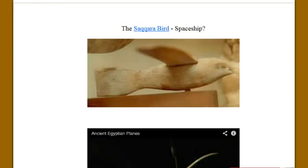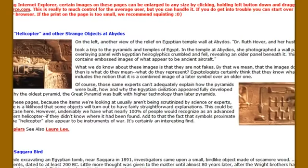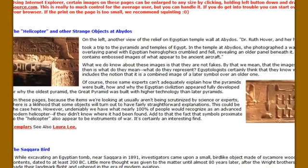Now we're going to look at this article right here. And this goes into more detail about Dr. Ruth Hover and her husband, who discovered this series of hieroglyphics. And they took pictures of it, and it talks about how experts can't adequately explain this mystery, but of course they can't even explain how the pyramids were built,